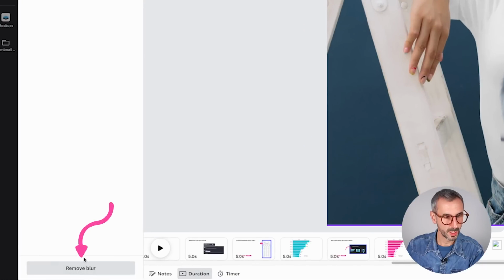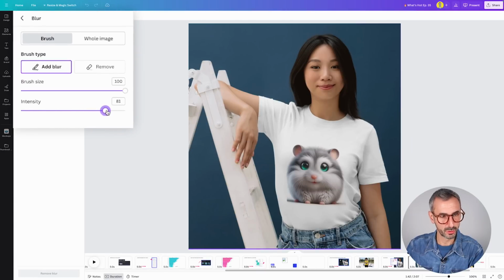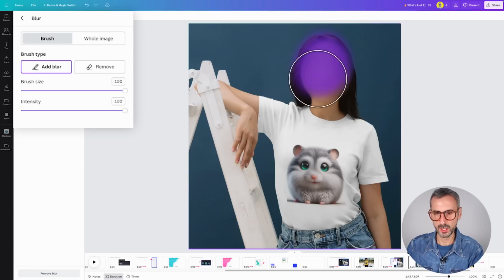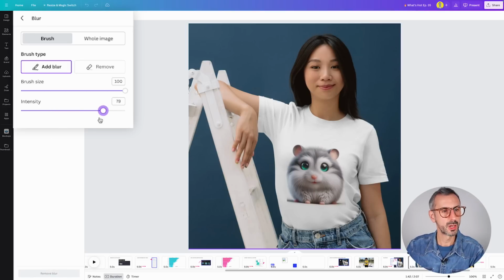Okay, so I'm going to remove that blur with the remove blur button here at the bottom of everything. There you go. Let's add a lot of blur, like a maximum blur with the maximum brush. One click and boom. Yeah, you make that girl completely unrecognizable. If you really go hard on the blur, this is what it creates, which is not very nice. Okay, remove that blur. So you can play around with the intensity, with the size of the brush, and you